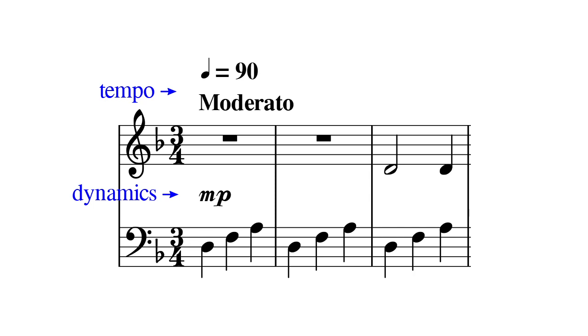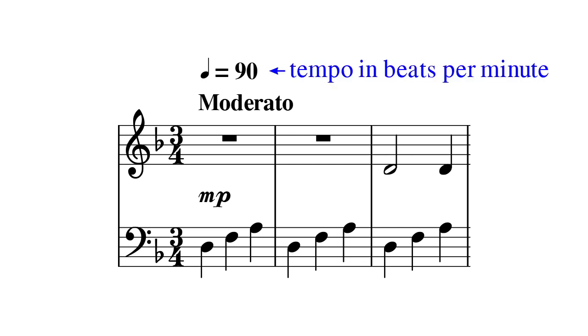In this tutorial we are going to learn how to insert tempo and dynamics into MuseScore. Before we get to dynamics we are going to look at inserting the tempo. The tempo indicates how fast or slow a piece is to be played. In MuseScore there are two ways to enter the tempo, either with a number in beats per minute or